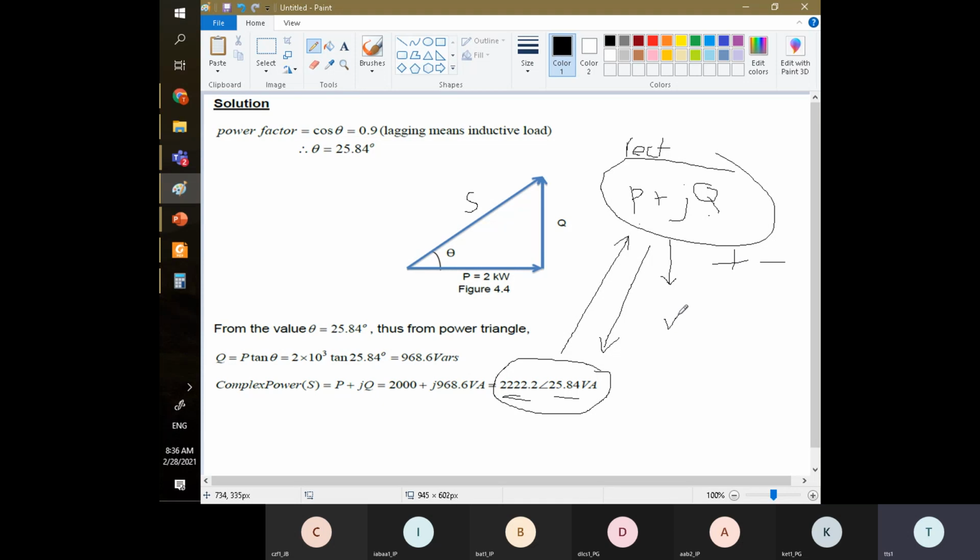For example, if you have V1 and you need to add V2, you can use this rectangular form. In case you want to divide V1 by I1, when you do the division or multiplication, it's better to use this form, because you can just directly divide these numbers. Example,